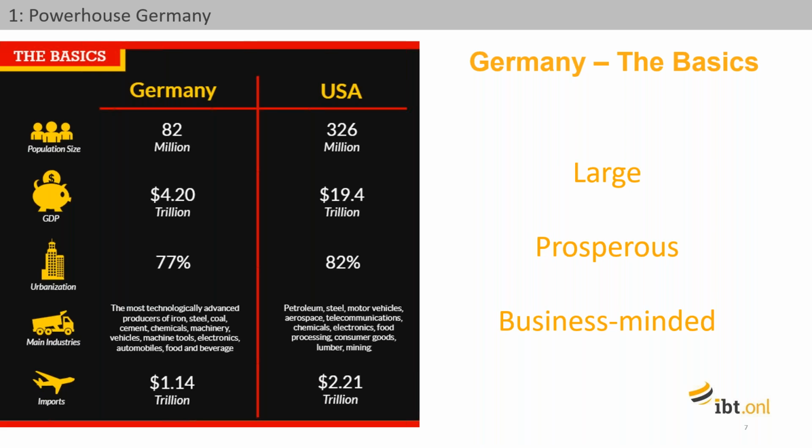So we thought we'd just list some of the big macroeconomic numbers here just to put Germany in perspective in terms of size. I think what's really important to take away is also how prosperous Germany is. In terms of GDP per capita, it's really one of the top in the world. And in terms of straight GDP, the 4.2 trillion, that's 4th largest in the world. It is also extremely business minded and business friendly.